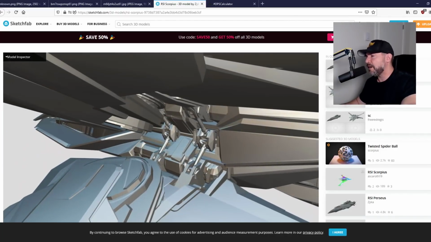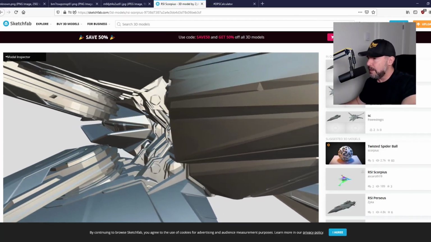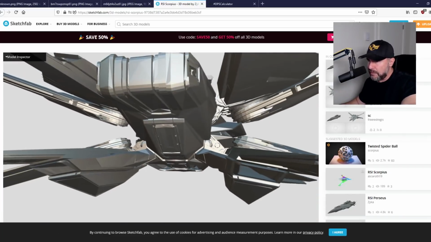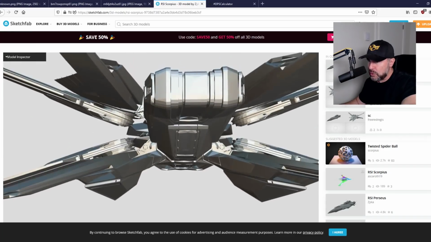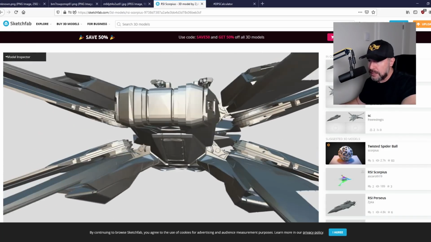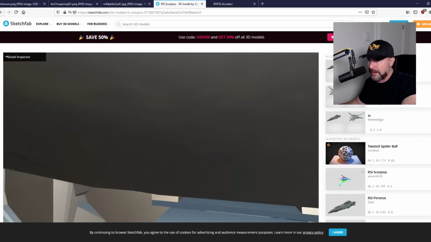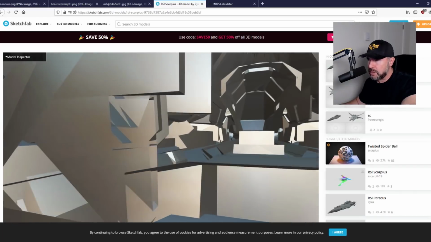Will it fit on an A2 or a C2? Maybe. Now, let's take a look at something else here, and that is obviously what looks like the entry into the ship itself. So it does have an interior, and if we just glitch our camera inside like so,